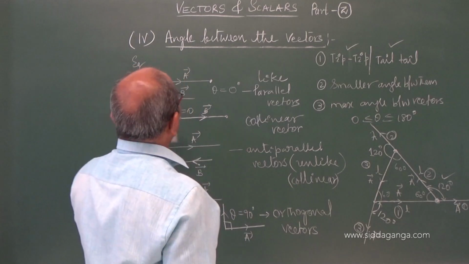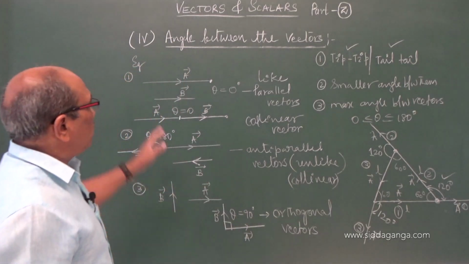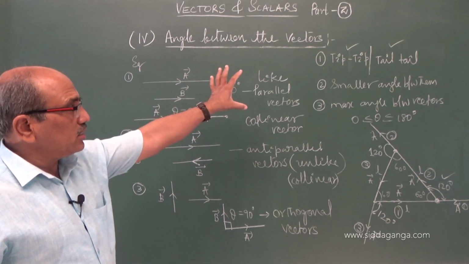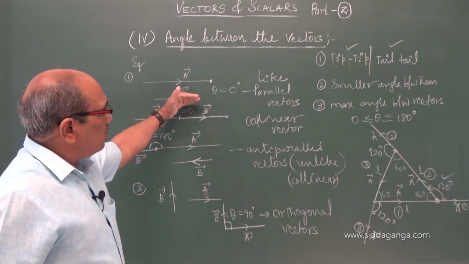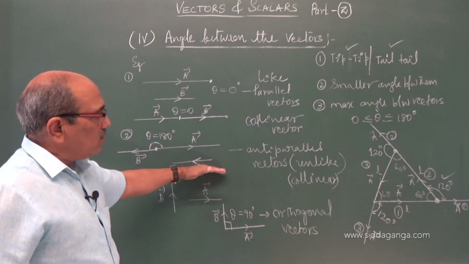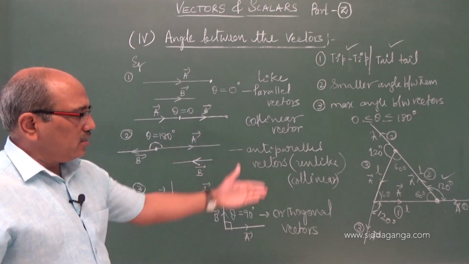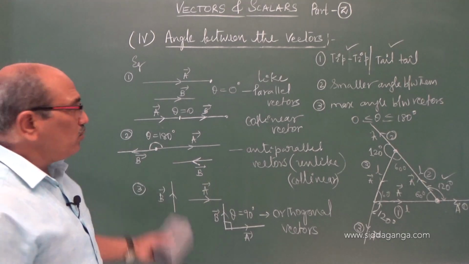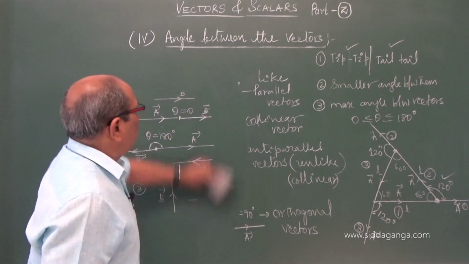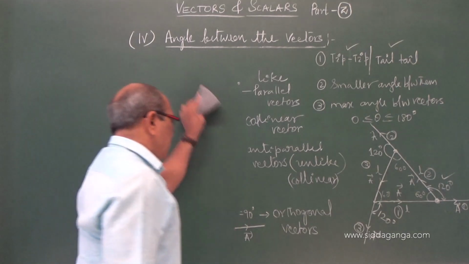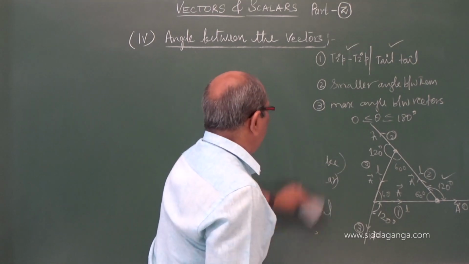So this is one, coming to that measuring of angles. I am concluding from this a little bit. I hope you have followed. Angle between the vectors, how to measure, the conditions I have written there, when it becomes parallel vector, unlike parallel vector or anti-parallel vector, or orthogonal vectors, and even then how to measure the angle. Now, there may be a simple question asked for you to measure the angle between two vectors on a graph, how it can be.